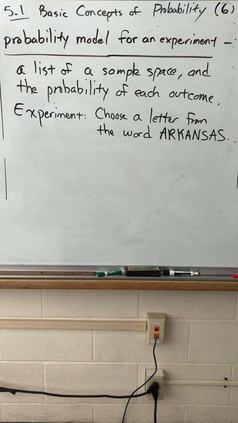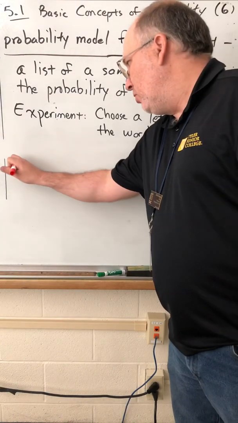So if we're going to analyze probability of experiments, we need to construct what are called probability models for these experiments. And all a probability model does is list every outcome in the sample space and the probability of each outcome occurring. Now some of them are pretty simple. We'll get to this experiment in just a second where we choose a letter at random from the word Arkansas. But let's say that you want to flip a coin